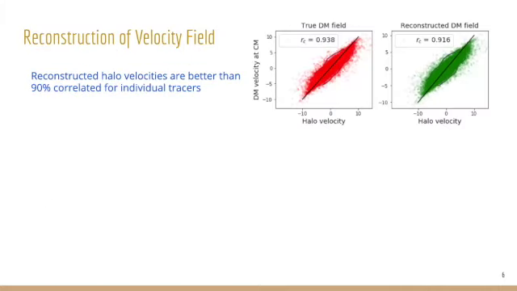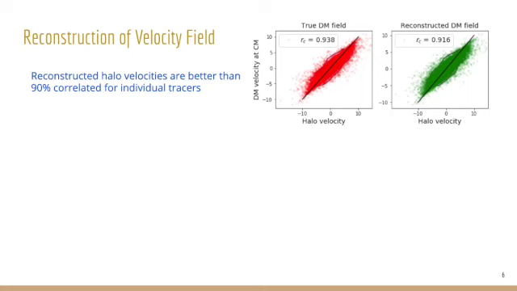The reason you do so well in the line of sight direction is because in the forward model reconstruction, in addition to density, what you reconstruct is also the velocity field. So what I'm showing here is essentially the scatter plot between the reconstructed velocity at the center of mass of the halo and the halo velocity, which is the center of mass velocity of the halo. The cross correlation on an individual tracer basis is 90% for the reconstructed velocity field. And if you look at the true dark matter velocity field, the cross correlation is still like 94%. So you're doing almost as well as you can expect to do with a dark matter velocity field.